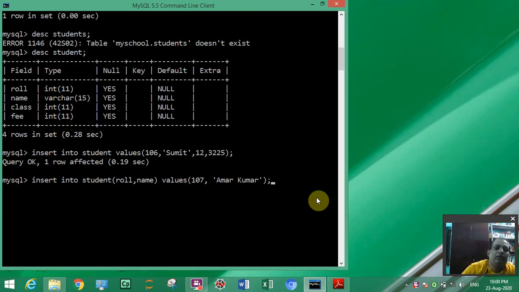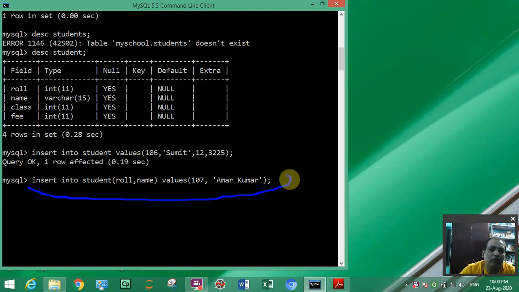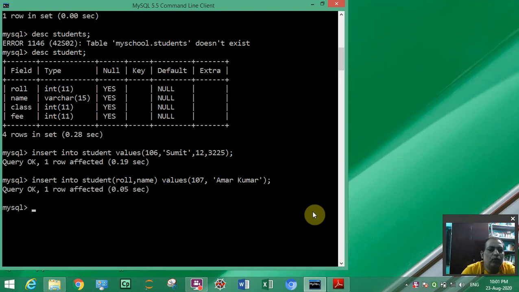So in this way you can easily insert those records whose values are not all known. Here we know only roll number and name, their class and fees are not known. So in this way you can enter, press enter and query OK.